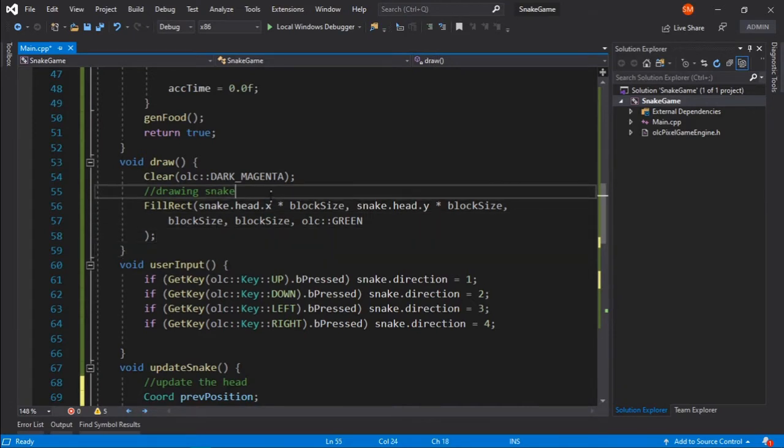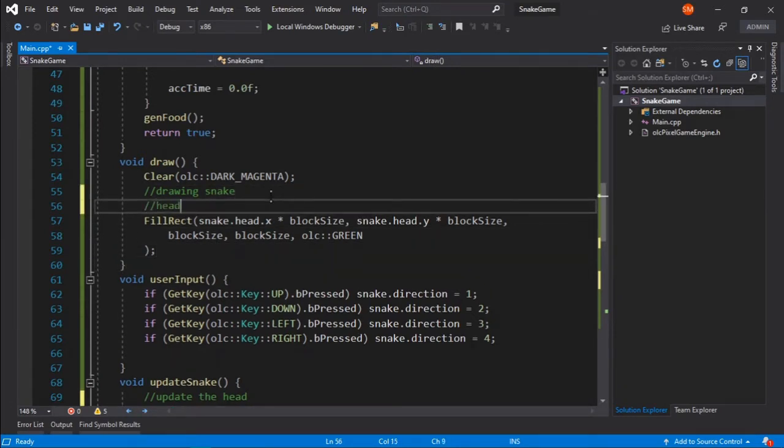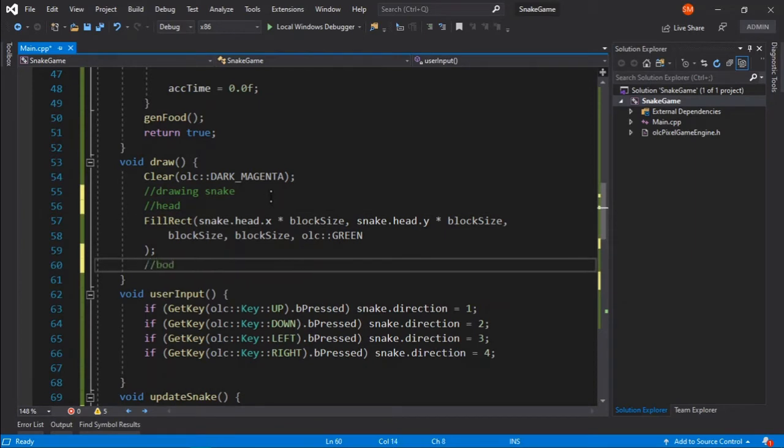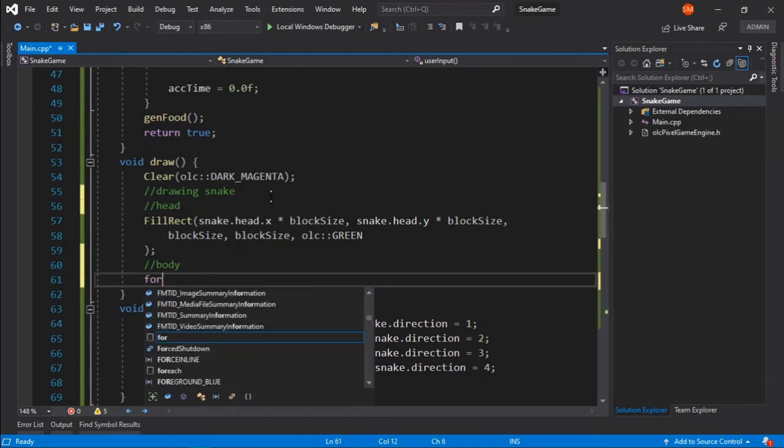So now we need to draw the body of the snake. Here I am drawing the head. Now I need to draw the body, and it's quite simple. I will just run a for loop.